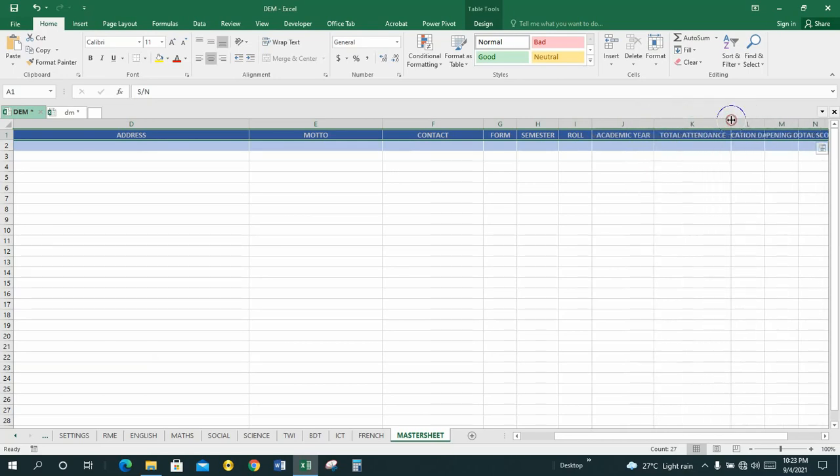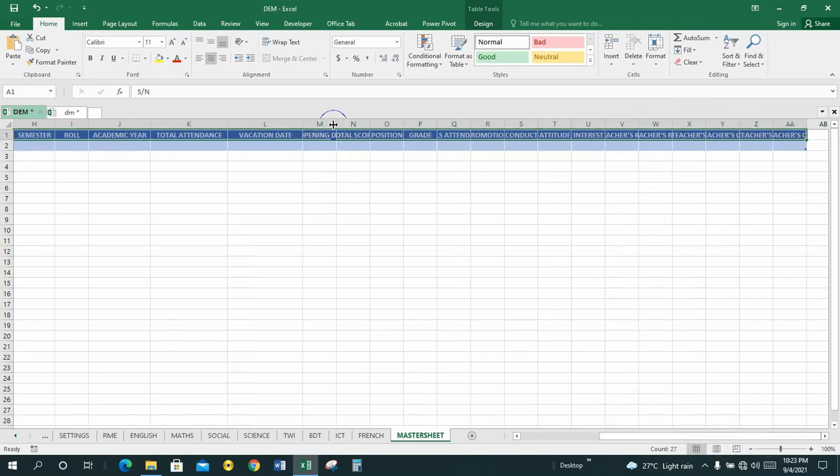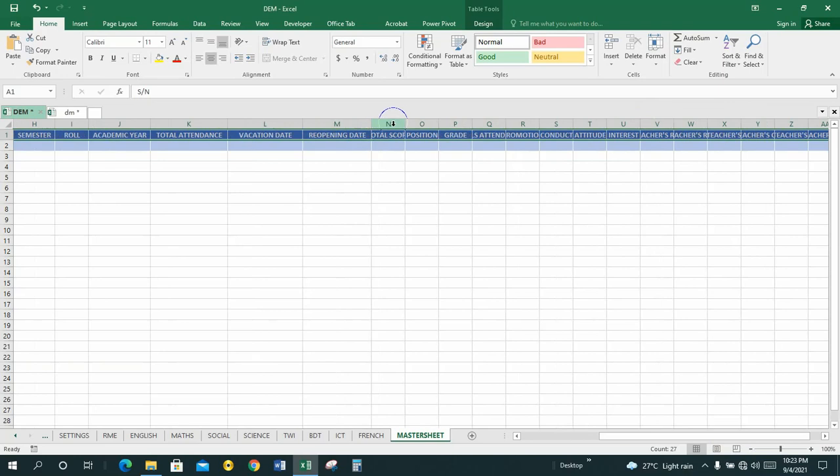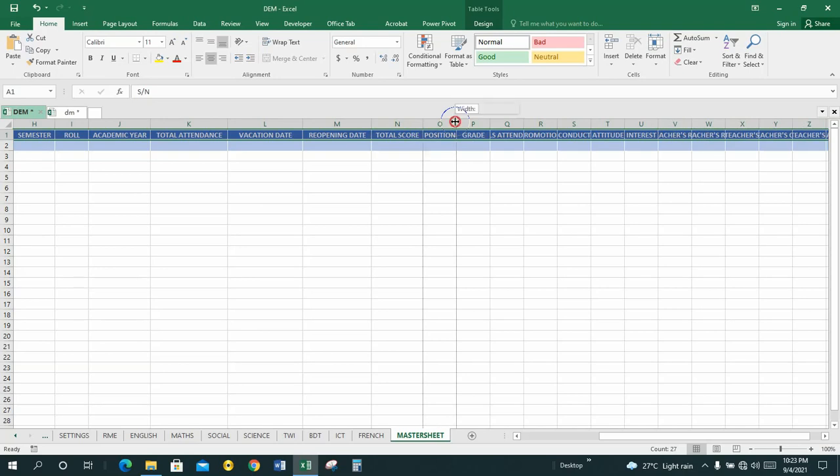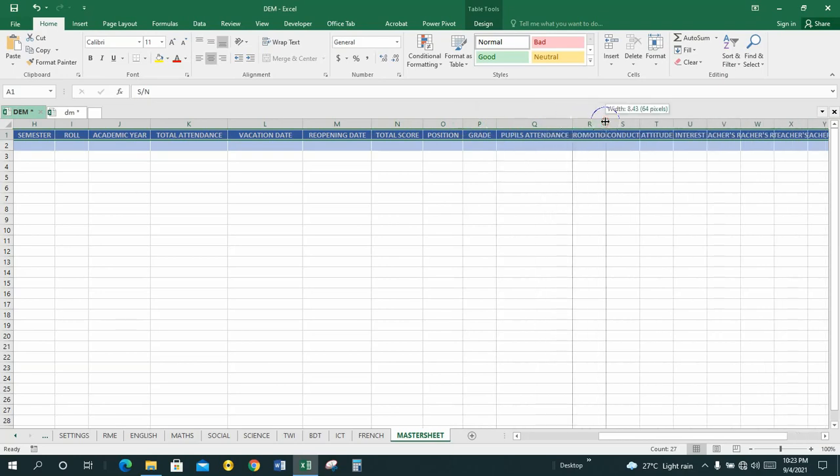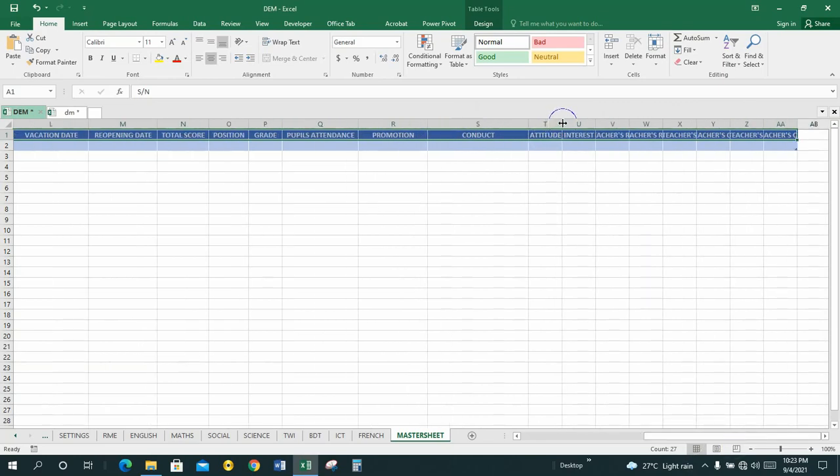Then the total attendance. Then the vacation date. The reopening date. Total score too, I think the space is okay. The position, the grade is okay. Pupils' attendance, I think that space too is okay. Promotion too is okay. Conduct, and attitude, interest,